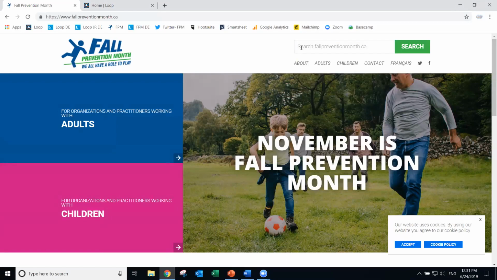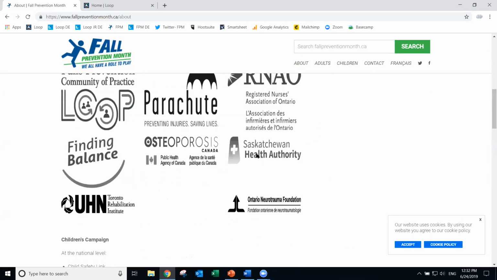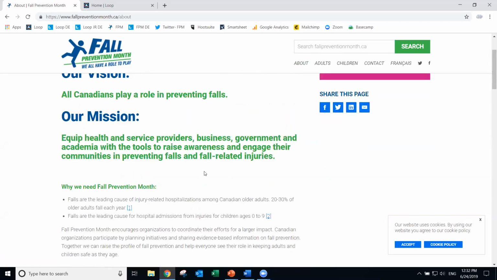How much have the falls decreased after the campaign? What are the statistics before and after? So I'm not sure, Deborah, if this is a question for Daphne or for the Fall Prevention Month campaign itself, but unfortunately, that information is not possible for us to capture. We have annual reports that pretty much report on our activities throughout the campaign. So if you navigate under About and click on Fall Prevention Month, you'll be able to see some information about our